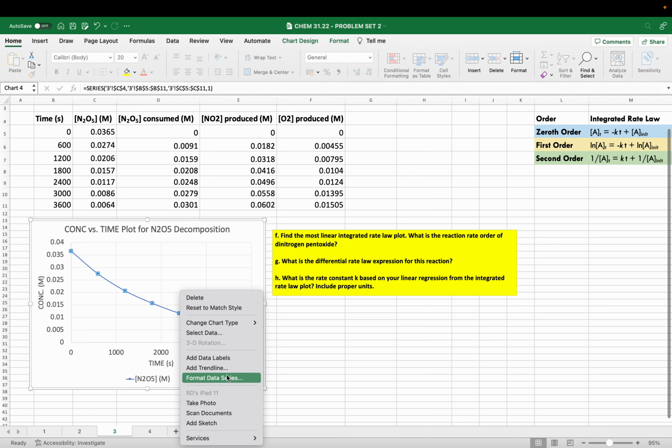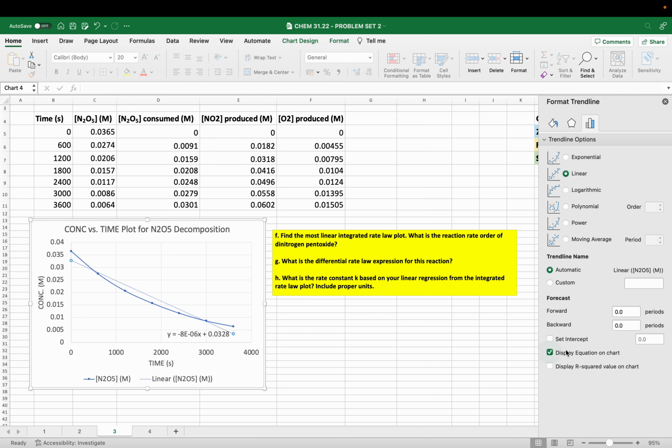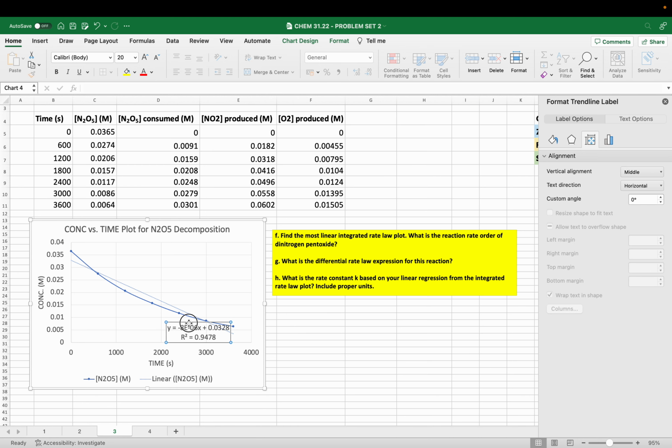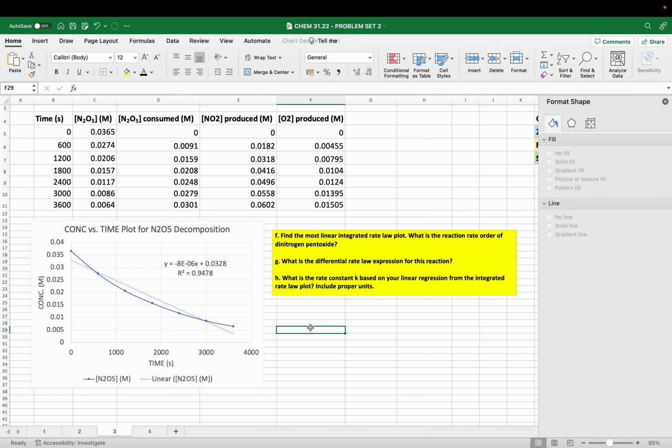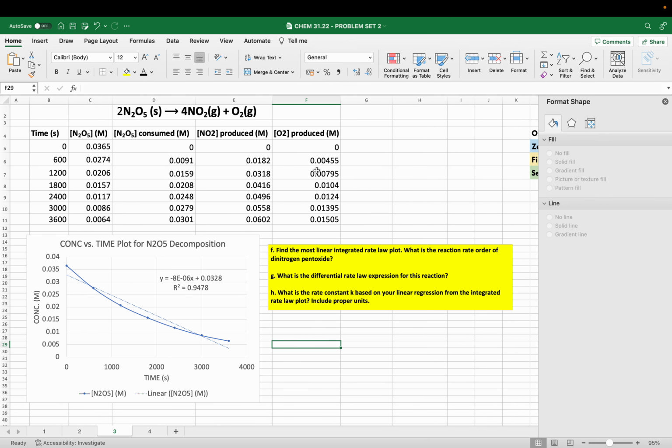We can further show that its R squared is not quite 1. So not quite very linear. We will keep that on standby. It might be a zero order reaction should this be the most linear plot, but let us test for the other possible orders. To test for a first order